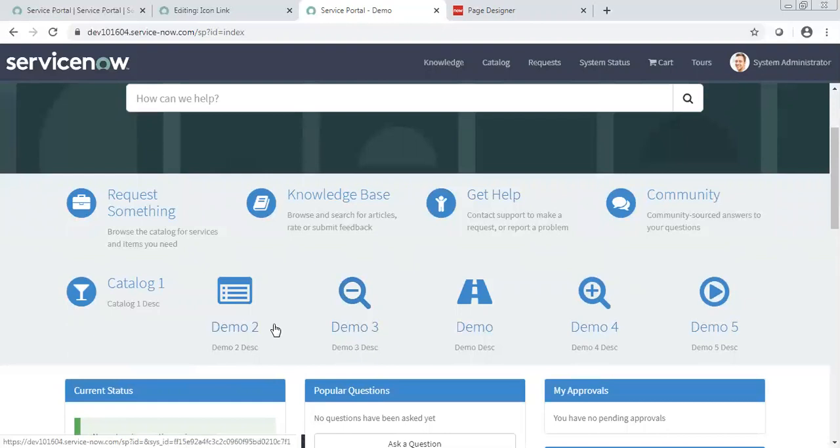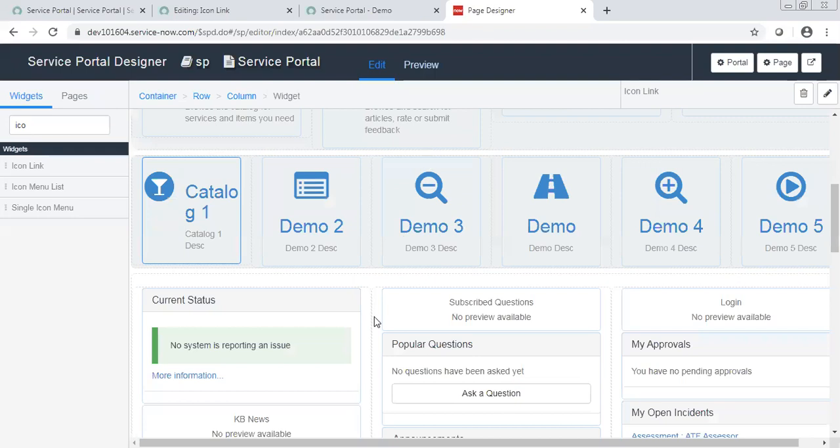So similarly, you can modify these things for these other icons as well.